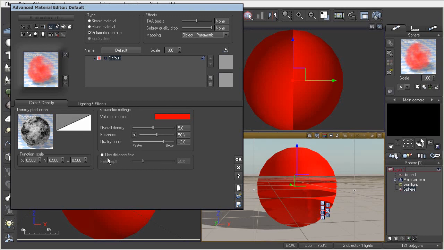Now, we also have use distance field. And the distance field, whenever this is enabled, is basically going to control the volumetric density, and it's going to take into account the depth inside the object itself. So the density will automatically increase as you go deeper inside the object. Now, what field depth is going to allow us to do is indicate the depth in which the density function reaches its maximum